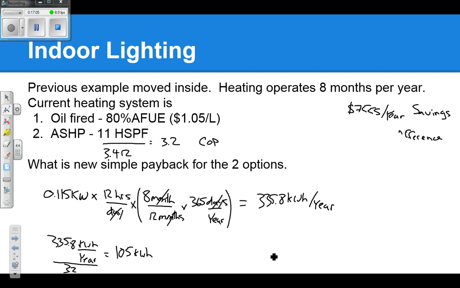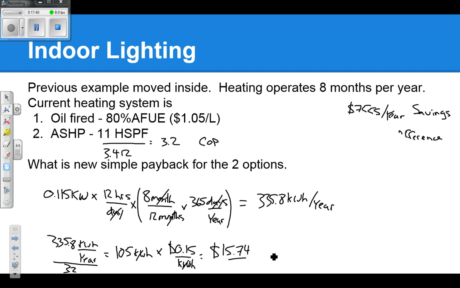Our system's 320% efficient, so we only need 105 kilowatt hours from the heat pump. We don't need to do as much math here because we're going straight electricity. So we're going to multiply that by our price of electricity, 0.15 per kWh, and cross out some units, times 0.15,